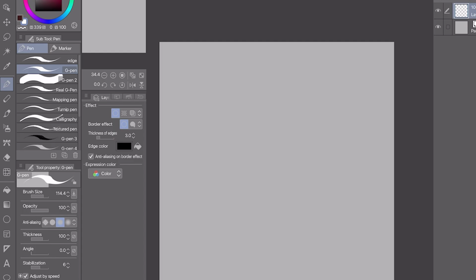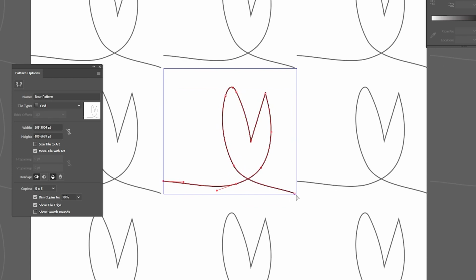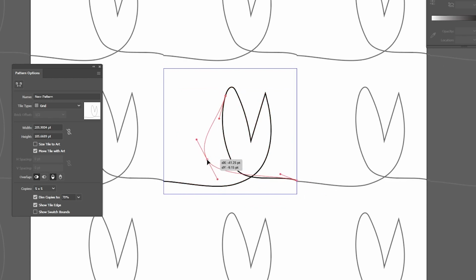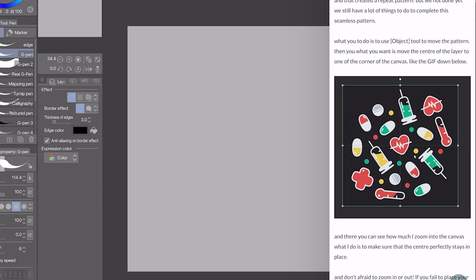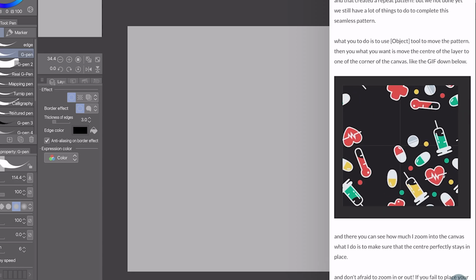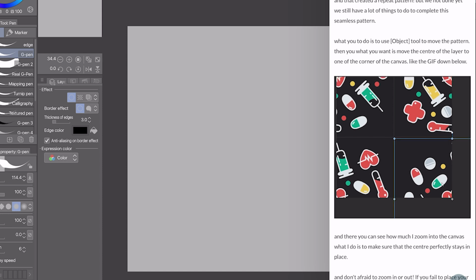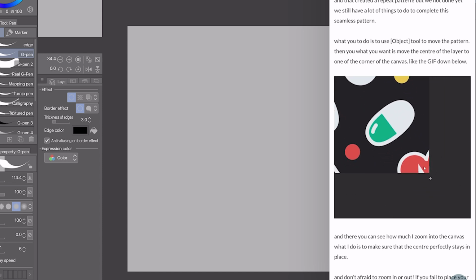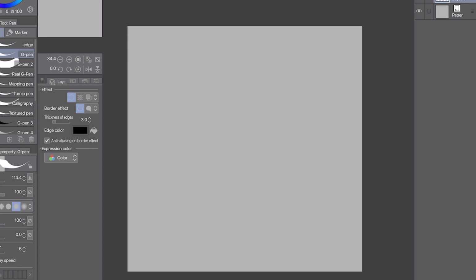Sadly, Clip Studio Paint doesn't have that live pattern. Kind of like in Adobe Illustrator or Infinite Painter, it would make drawing this a lot easier. Yes, I know that Clip Studio Paint does have this option, but that's not what I'm looking for. We're not trying to make a pattern, we just want to see the live start and endings of what we're drawing on. So you have to do this manually by chopping up the ends and just making sure that it lines up with the start.